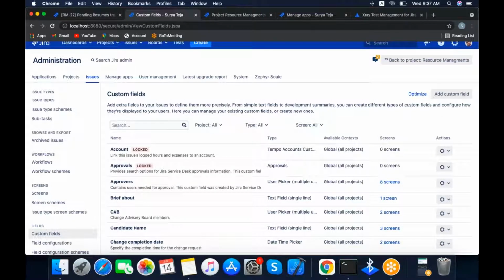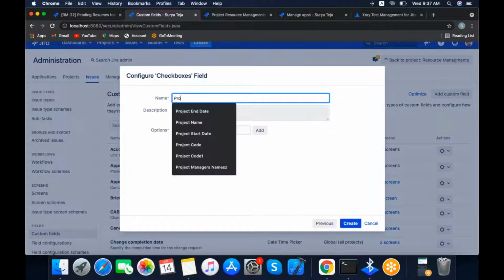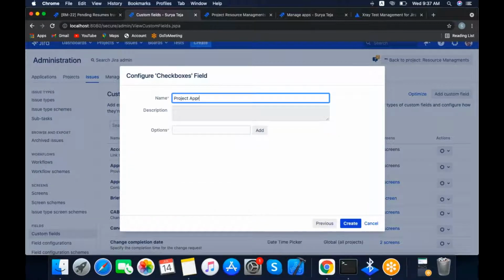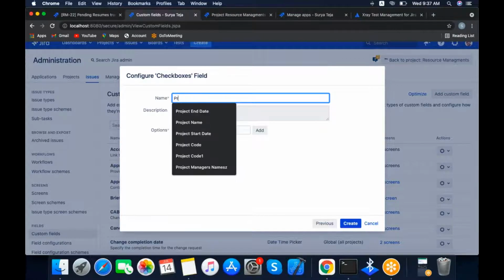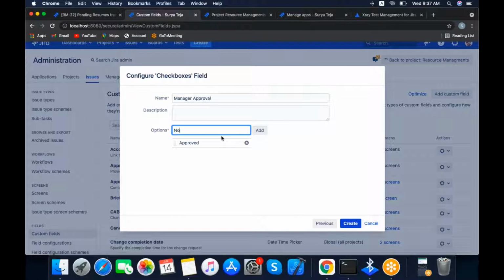Is it approved or not approved? Yes, no. We will take it as a checkbox, only two options. Project manager approval. We will add: approved, not approved. We have created the fields.